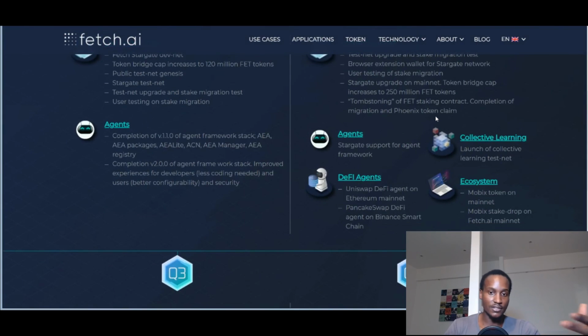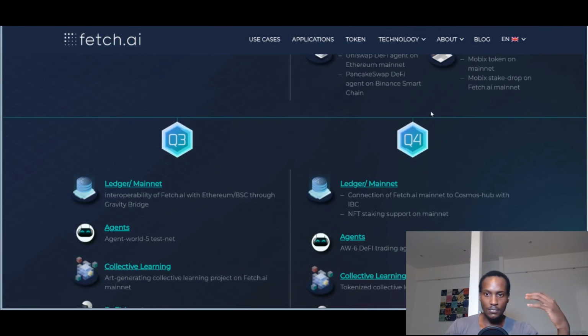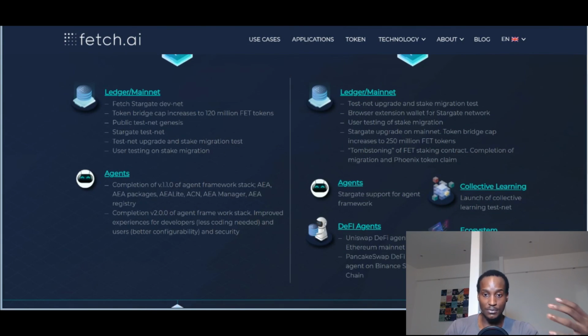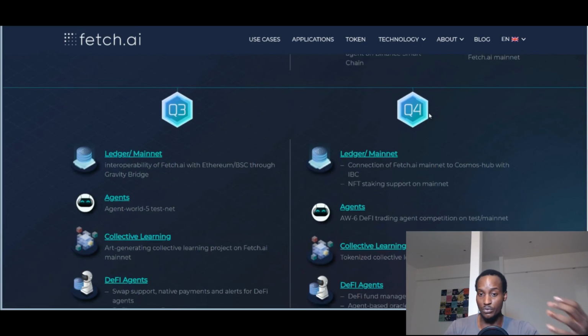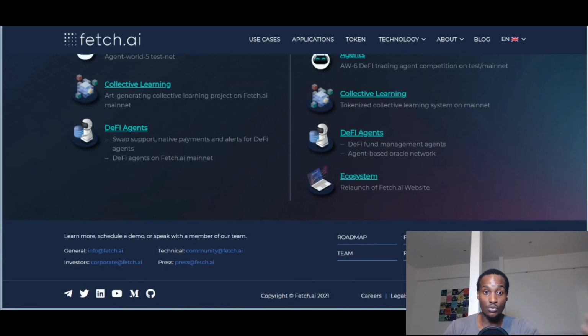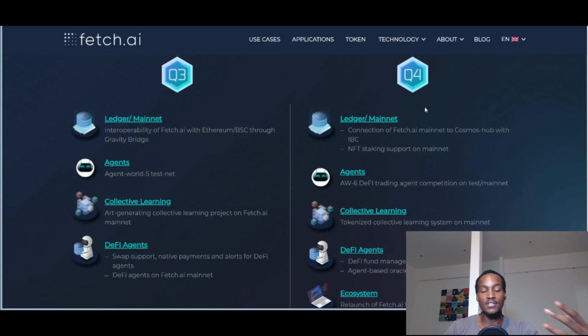And of course, they showed us their roadmap here, which they've been following since their inception, and it has kept evolving, and they've built these beautiful use cases, and they've actually showed us these use cases. They've showed us that the DeFi agent works, and that they're also about to show us a collective learning suite that they're building, which is centered around training machine learning data and sharing weights in an autonomous and data privacy preserving manner, because they have that GDPR focus.